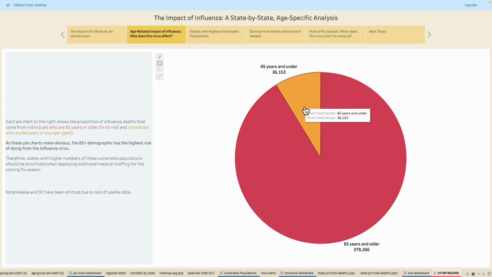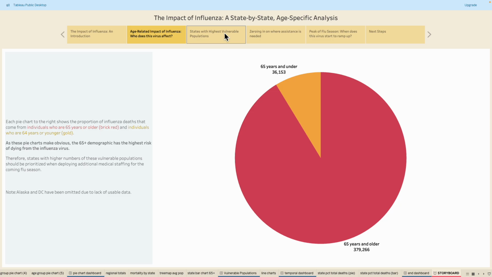One quick note: if a state reported less than 10 deaths for any given month from 2009 to 2017, the reporting years, the death count value reported for that month was suppressed in order to protect identifying information. For that reason, Alaska and DC have been omitted from most of the data in this analysis because they didn't have enough deaths to really be recorded. Most of the deaths got suppressed, so they've been omitted for those reasons.